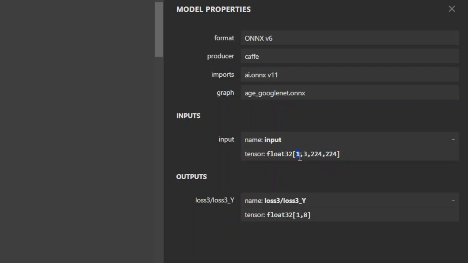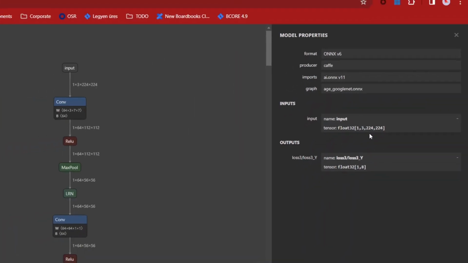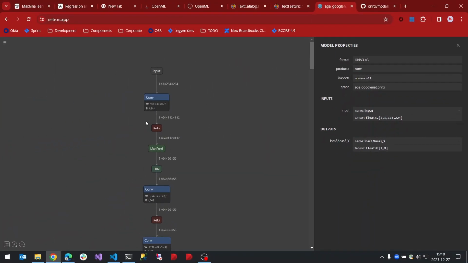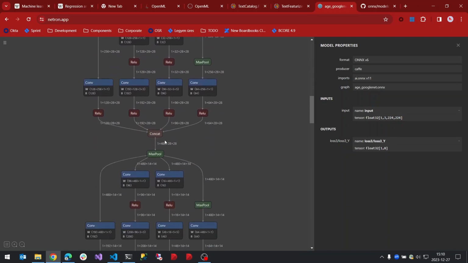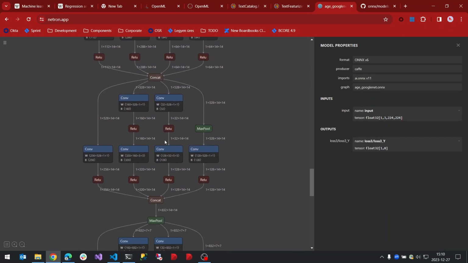So it takes one picture with RGB and with specified row and column numbers. Maybe not in this order, but fortunately it is a square image, so it doesn't really matter. And then it will do a lot of things, and other things, and other things, but in the end